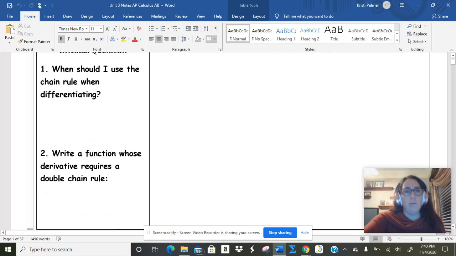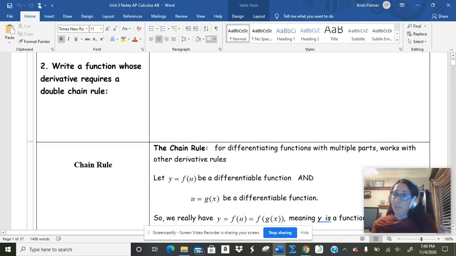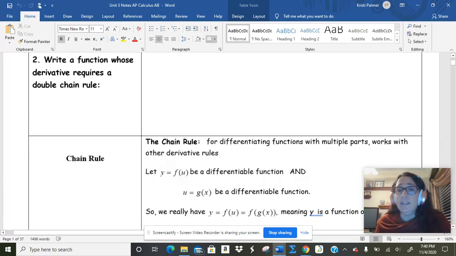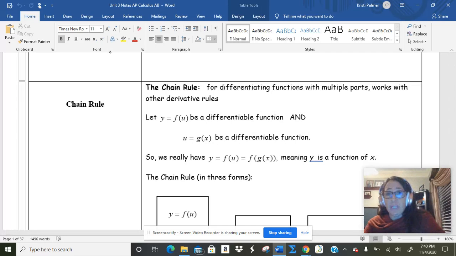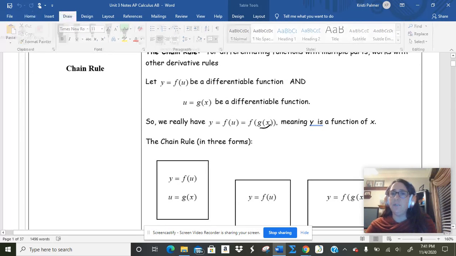So you're going to think about when you are using the chain rule versus the power versus the product versus the quotient versus your e's and your ln's and all of that fun stuff. And do I ever have a double chain, aka a two chain rule? Absolutely. Okay, so a chain rule here, you're going to see the different parts, and it's basically when you see